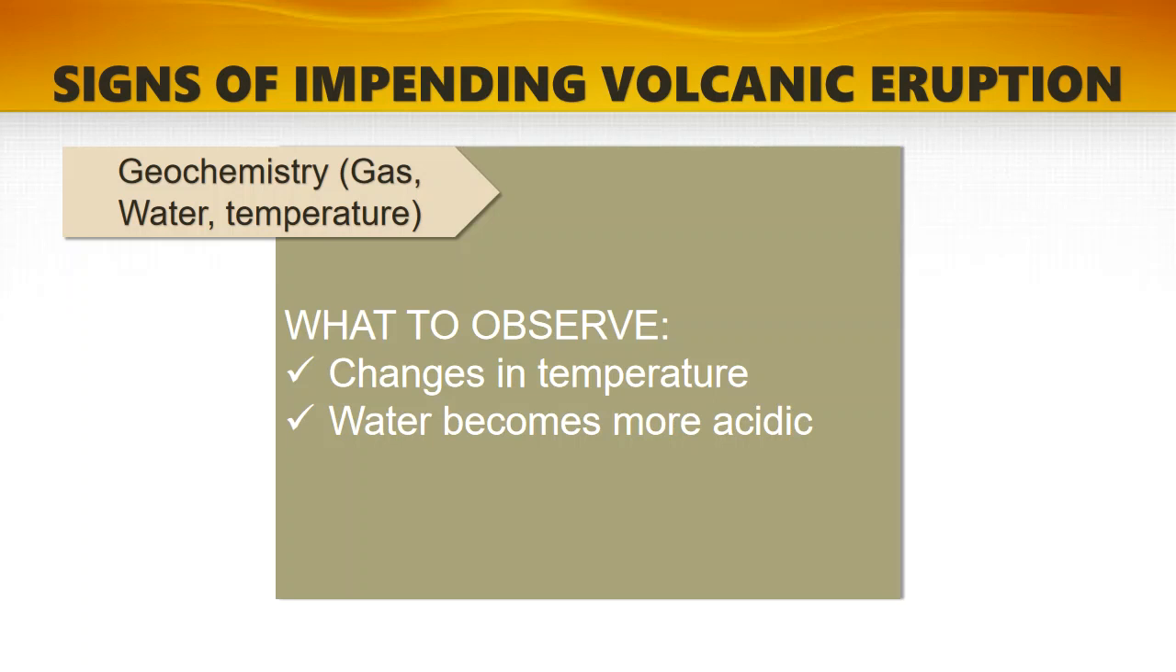Okay, so the next sign for an impending volcanic eruption is the geochemistry, or the gas, water, and temperature. You will observe that there are changes in temperature and the water becomes more acidic. This may be because of the presence of magma. Okay, so the instruments or tools required in identifying the geochemistry: